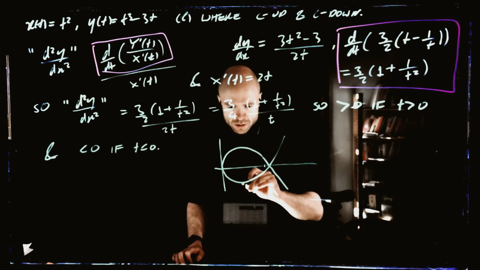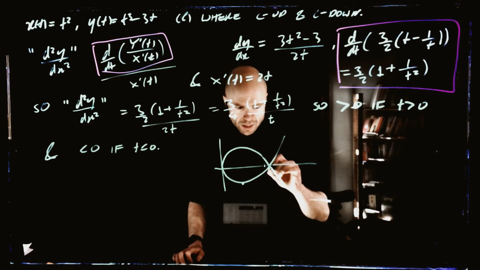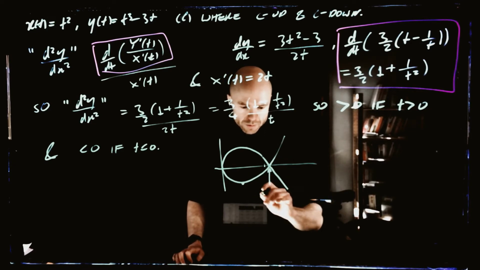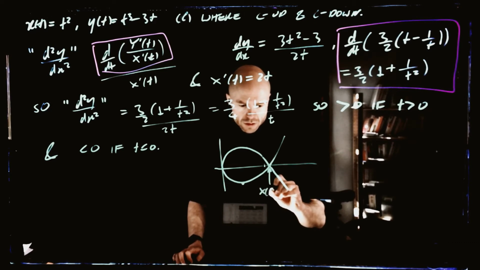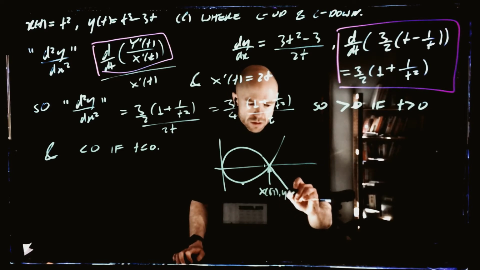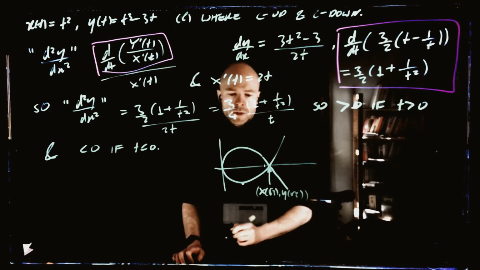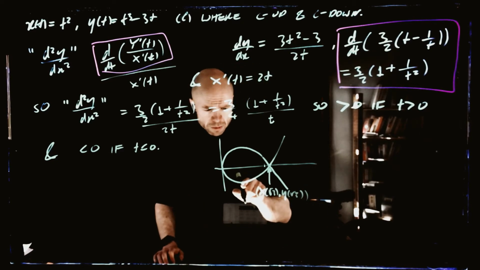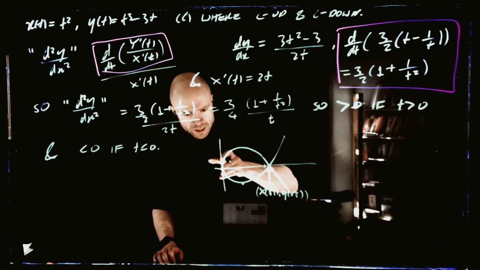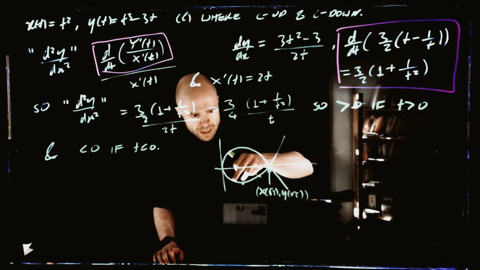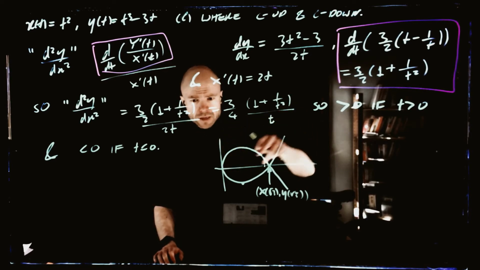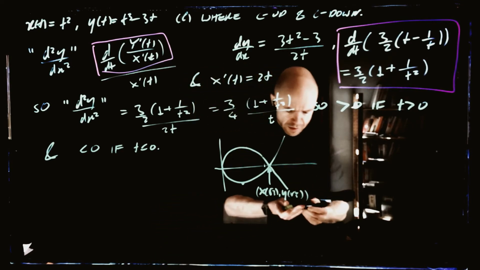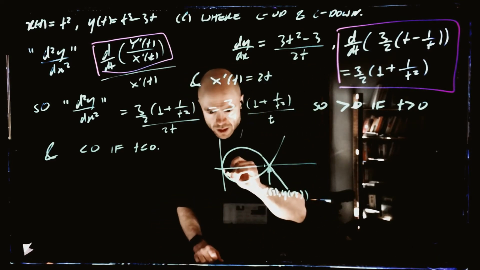yeah? And this is where we were at time, I think it was root 3, right? And this is where we were, I think, at time 1, right? So indeed, if we take time going forward, we're going like this. We're going down and up like this, yeah? And that thing looks like it's concave up, right? So on this part, it isn't concave up. So let me highlight this. This part here